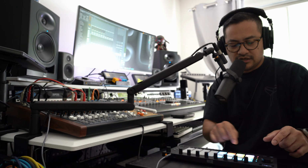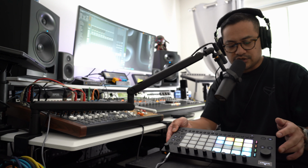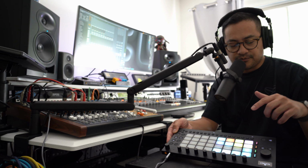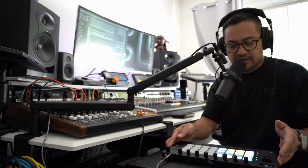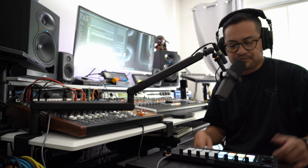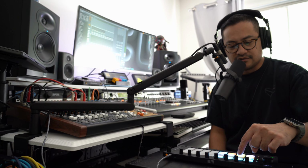And then what's cool is with this project loading screen, you can preview projects before you actually load them, and you can also trigger them to play. So that's how I have it. This first one we can play, which is pretty much the sample without any of the other elements, and then we can hit the second pad,